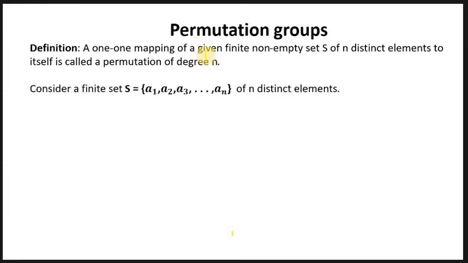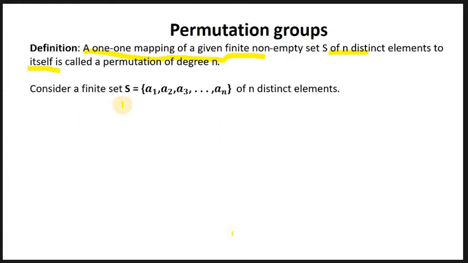Consider a finite set S containing elements a1, a2, a3, so on an, of n distinct elements, and let us define a mapping f from S to S itself. From the definition, a 1-1 mapping of a given finite non-empty set S of n distinct elements to itself is called a permutation of degree n.